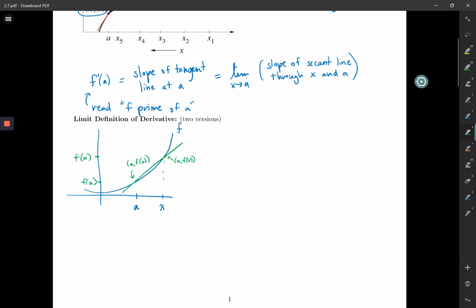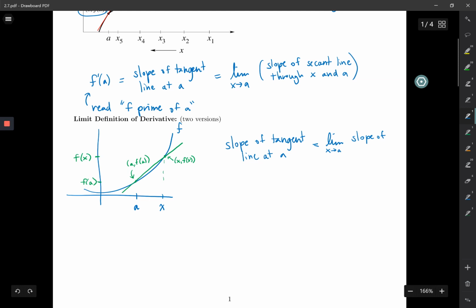And so what we get is that f prime of a, just so it's really clear what we're doing, I'm going to copy this down. So we want the slope of the tangent line at a, and we will find it by taking the limit as x goes to a of the slope of the secant line